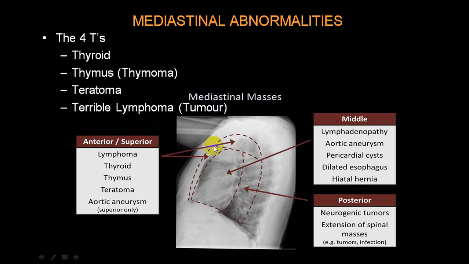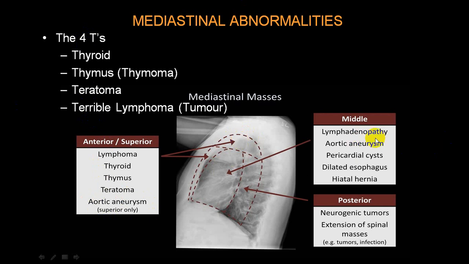Invariably in the anterior and superior mediastinum, you come across thyroid gland, thymus, teratomas, lymphomas, all these 4, plus aortic aneurysms, because the arch of aorta, this will be the ascending part, arch, and then the descending aorta. So ascending aorta pathophysiology and arch of aorta pathophysiology in the superior mediastinum will produce additional density. So try to identify that. Usually we call it 4T, plus the aorta. So particularly in the superior mediastinum.